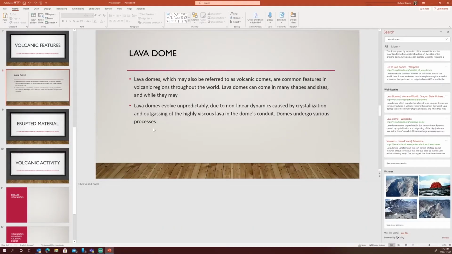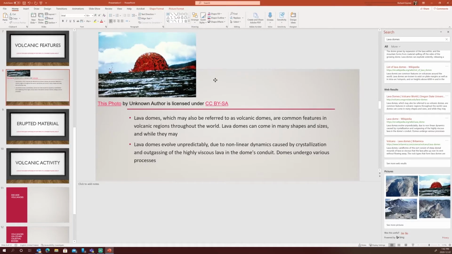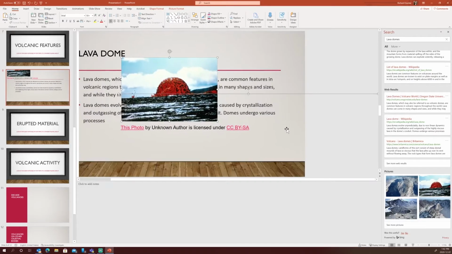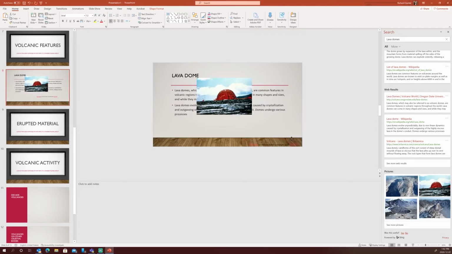We want to add some images, right? We want to make sure that it looks good and it's visually appealing. Using the Smart Lookup pane, at the bottom are some pictures that we can use. If you just click on any of those pictures, it'll copy it to your clipboard. I'm just going to paste it using Control V. And then it will actually credit the photo as well, so you're making sure that you're crediting everybody as they should be credited. I'm going to move it down here. There you go, that's down at the bottom.